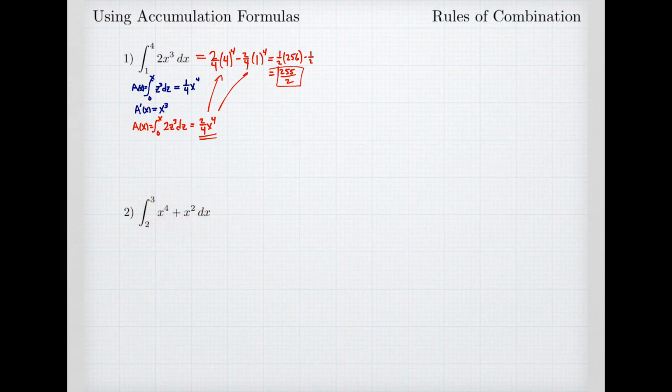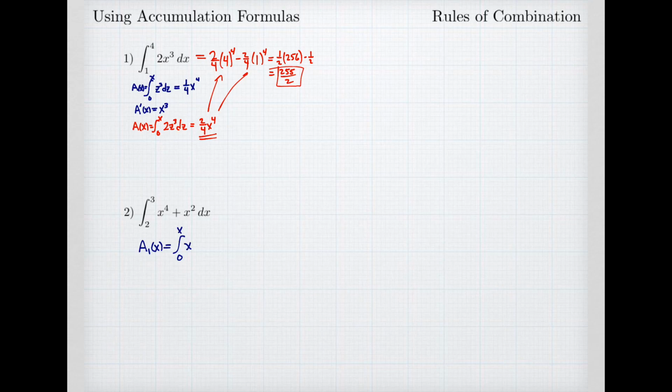For our second example, I have an integral starting at 2 and ending at 3 of x to the 4th plus x squared dx. And so this is a sum of two terms. So let's just remind ourselves of what we know. We know that if I have an accumulation